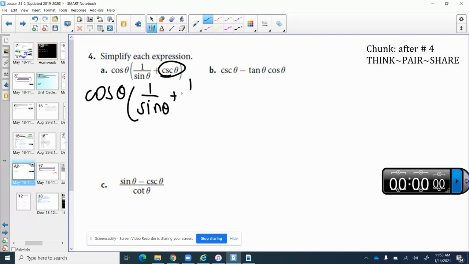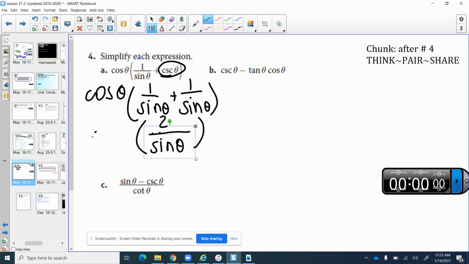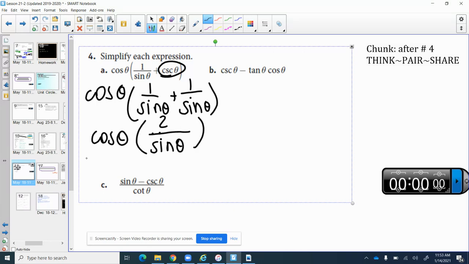So we already have 1 over sine theta. Now we also have another. Because these two have a common denominator, we can rewrite them as one singular expression with that common denominator of sine theta. So 1 plus 1 is now 2. And then we have this cosine theta out front. So when we combine this, distribute that cosine in, we end up with